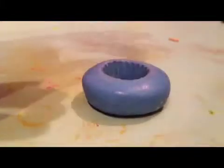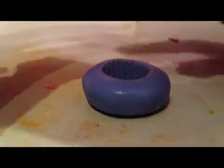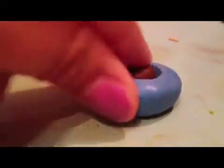First, I'm taking a ball of clay, and the color is chocolate. And I'm just going to take the ball of clay, and I'm going to put it into the mold, like this. And you want to bring it up to the sides, but I'm going to leave a little bit of a gap around the edges. And in that gap, I'm going to put some translucent clay, and this is White Translucent